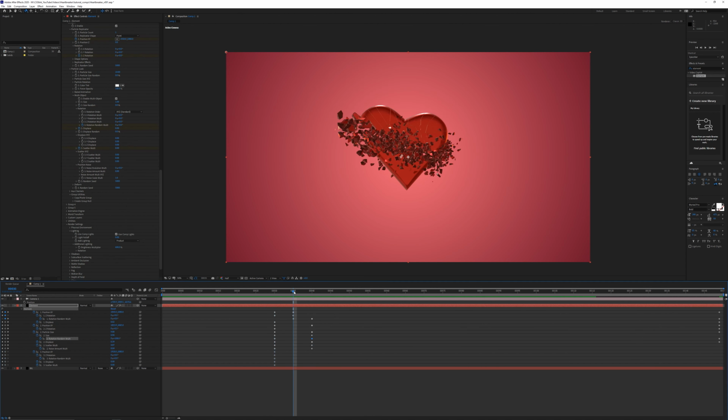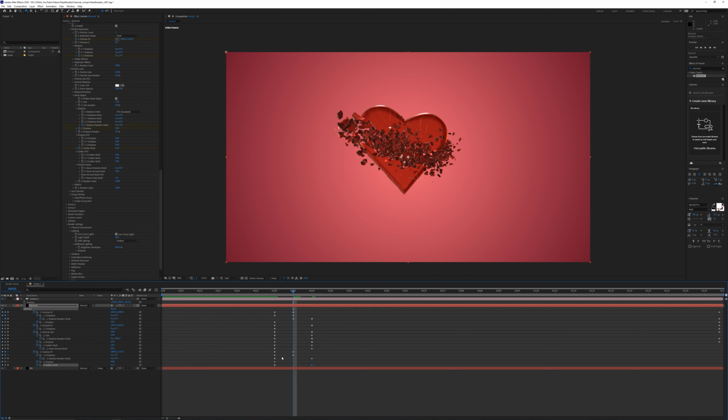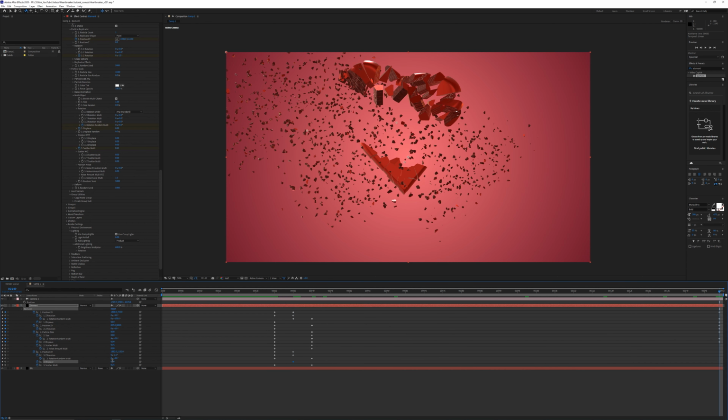And then we've got to do the same thing for the last piece. So on position XY, just move this over a little bit to the left and then do a negative rotation amount. Increase the rotation random by a few degrees. We're gonna add a little bit of scatter multi as well, just to shift the individual pieces over a little bit. Then on the displacement amount, start that off at 0 at 35, and we'll come all the way to the very end. Increase the displacement to about 0.5, and then just move this back over just to keep it more or less in the same position. You could also increase the shatter multi and the Z rotation as well.